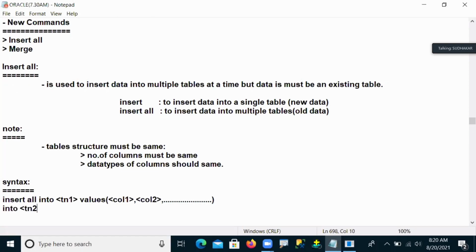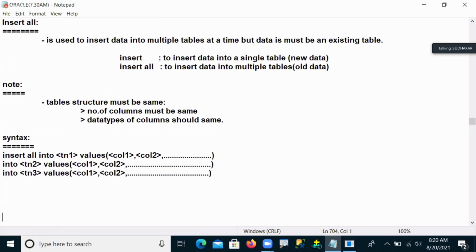Into table name 2 values column 1, comma, column 2, comma, and so on. Into table name 3 values column 1, comma, column 2, comma, and so on.